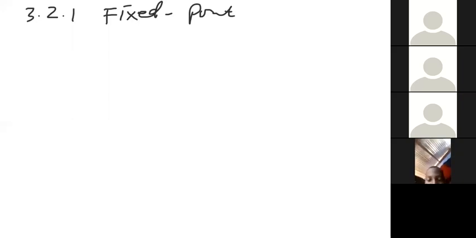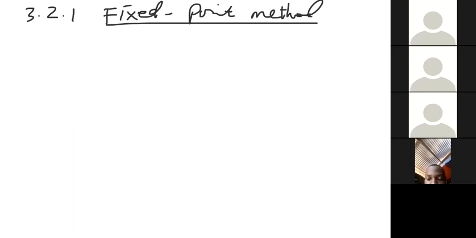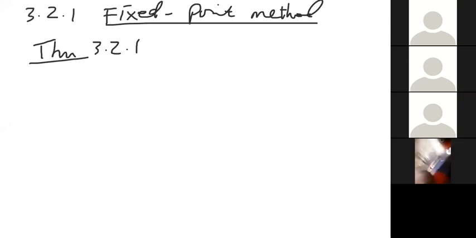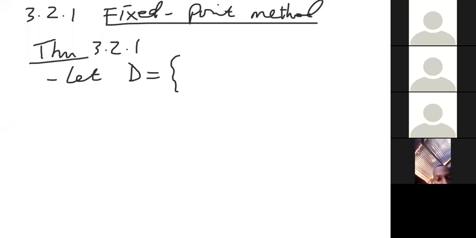So we look at the fixed point method. This will be for the nonlinear system of equations. So straight away we'll look at one theorem. This theorem is similar to the one you looked at when you were looking at the one variable case. The only difference here is that we are looking at a situation where those functions are expressed in terms of n variables. So first let